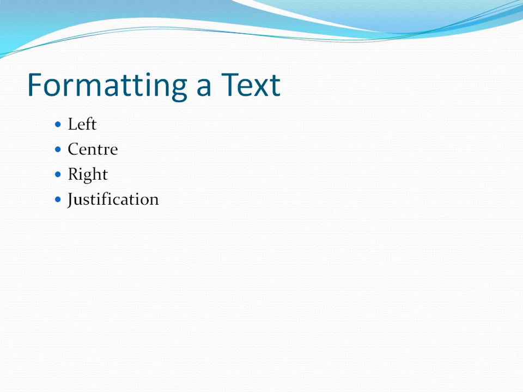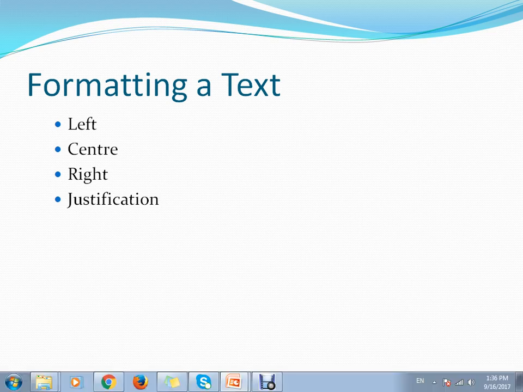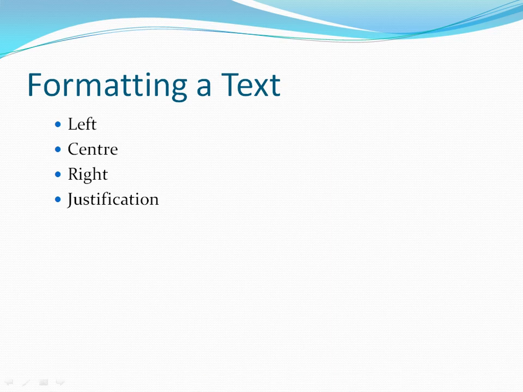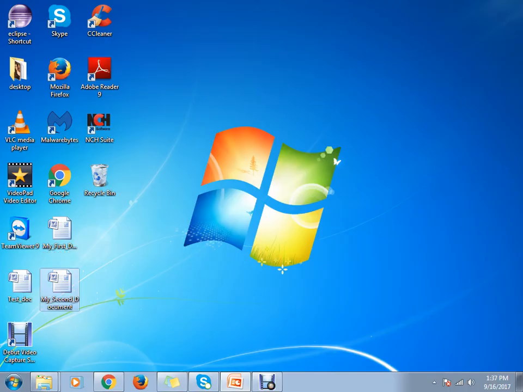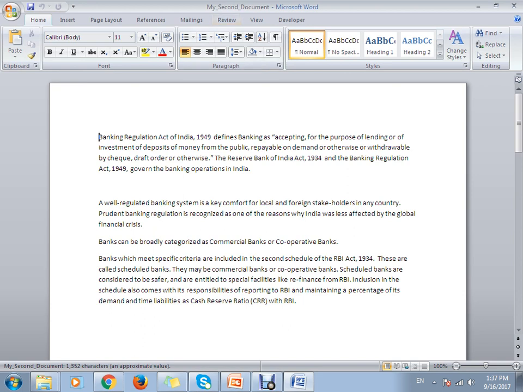So in the last tutorial we have seen how to edit a document, how to save a document, how to open a document, and how to update a document, right? So now let's go ahead and see how to format a text inside the document. So I already have the document that is already created. I have opened the document named My Second Document, where you can see some text is already